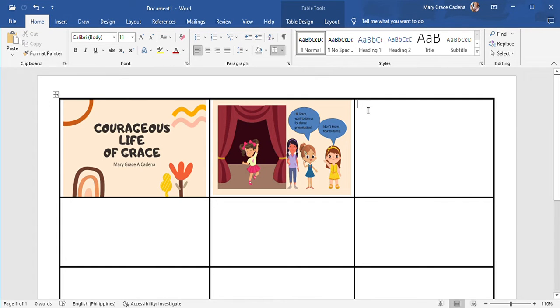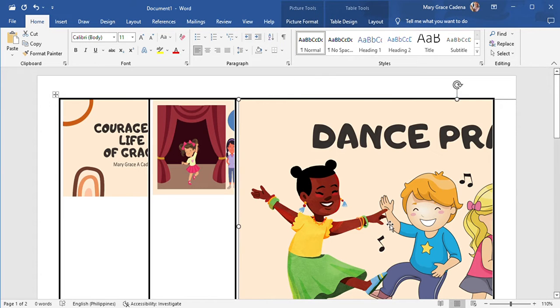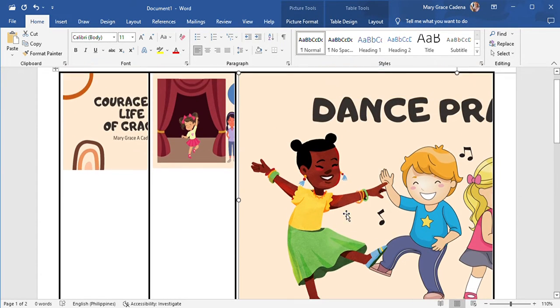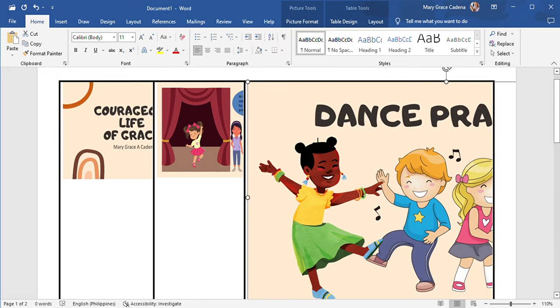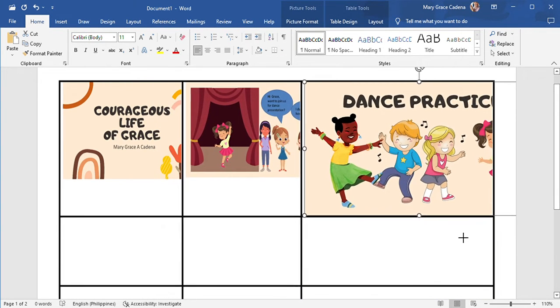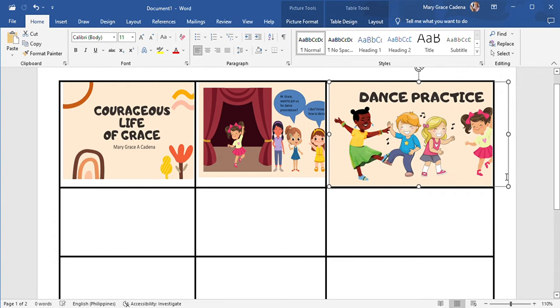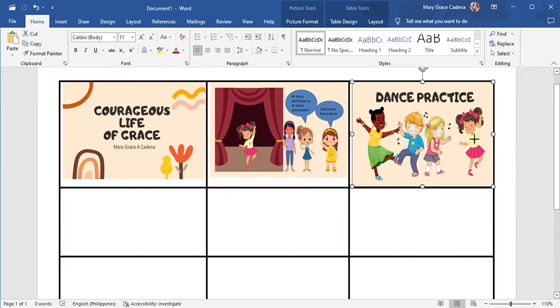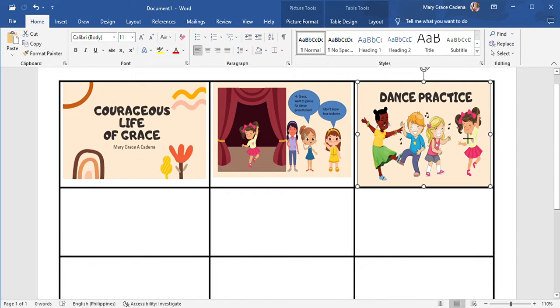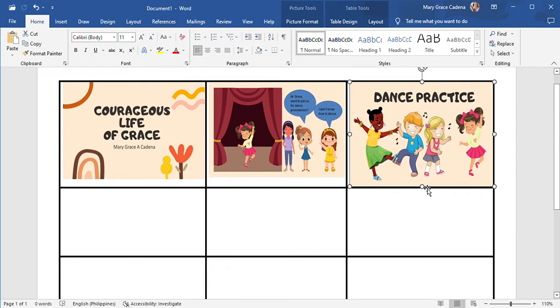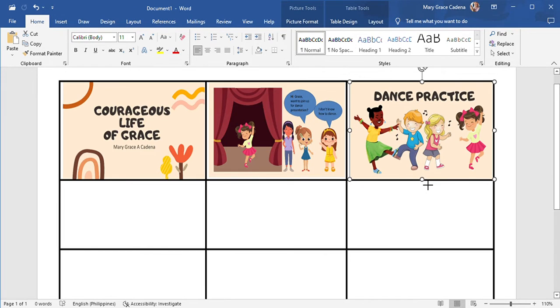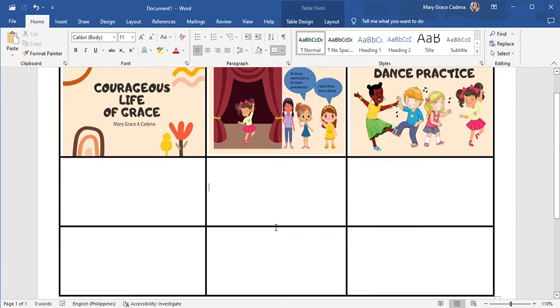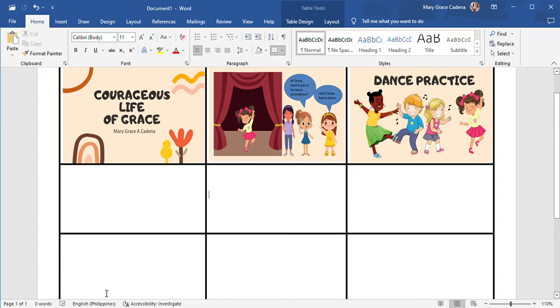We try to do the same with the rest of the pictures until we see all of them in one page, and of course we want them to fit. Now you try to put all the slides in exact order.